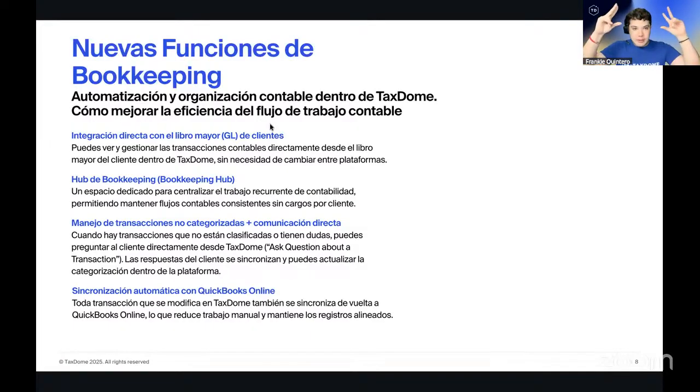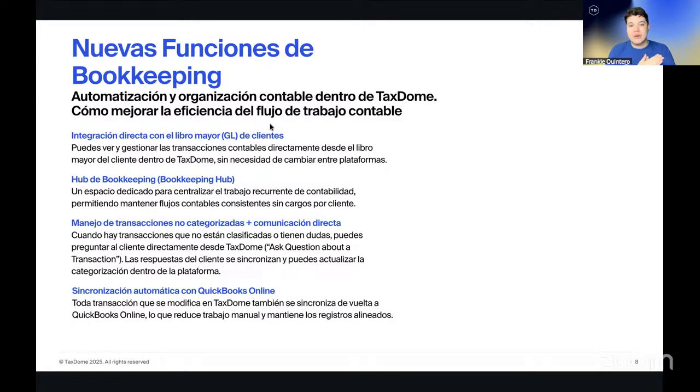El sistema automáticamente va a analizar las transacciones, ver cuáles no están categorizadas, hacerles flag y mandárselas al cliente para que pueda decir cuáles fueron esas transacciones, y así esta información se pueda traspasar a QuickBooks, que es la siguiente integración que tuvimos,